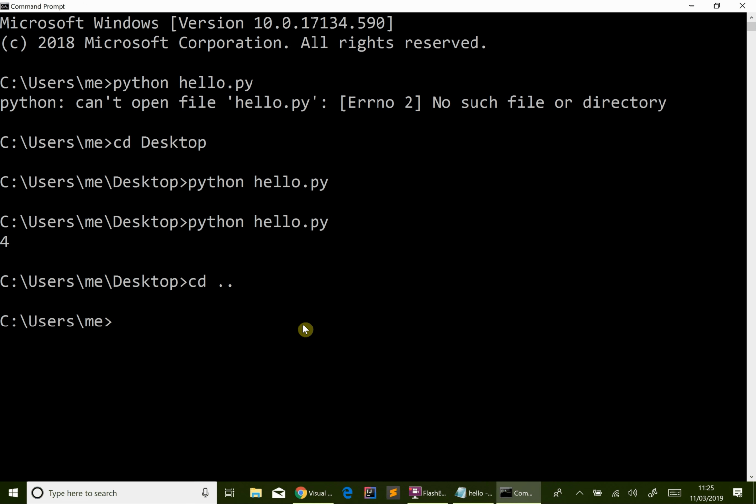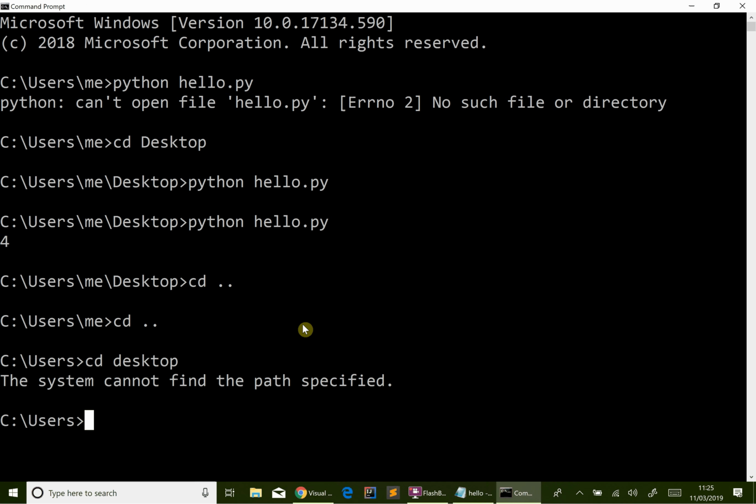So I was in C:\Users\me\Desktop, it's now just C:\Users\me. So let me go up one more layer and it's just C:\Users. So now if I try and change to Desktop, it won't be able to find it. So what we have to do is go one step at a time. So we can do me